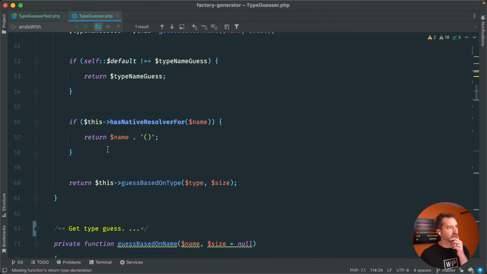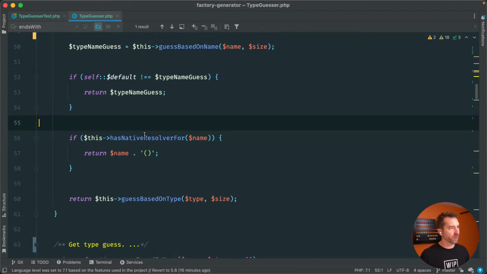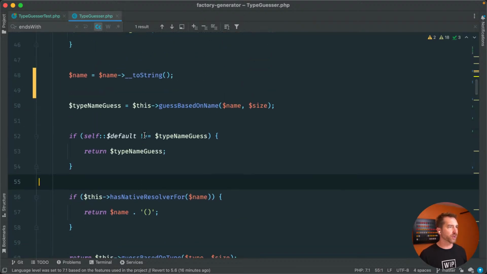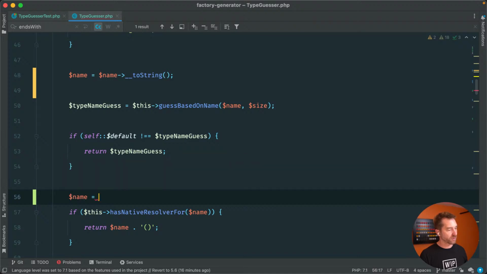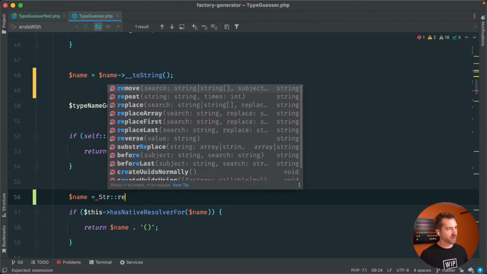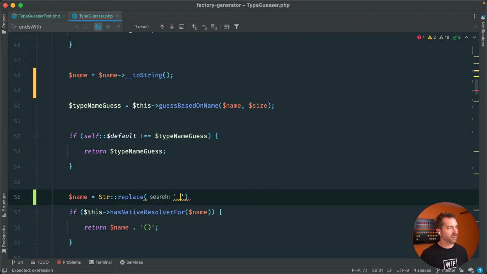So if native resolver, I think here is where we could probably just do what we want to do with name. So we could just say name equals str replace underscore with that in name. And I think,